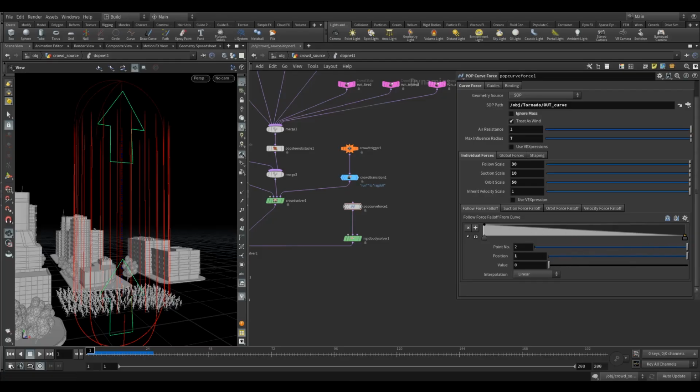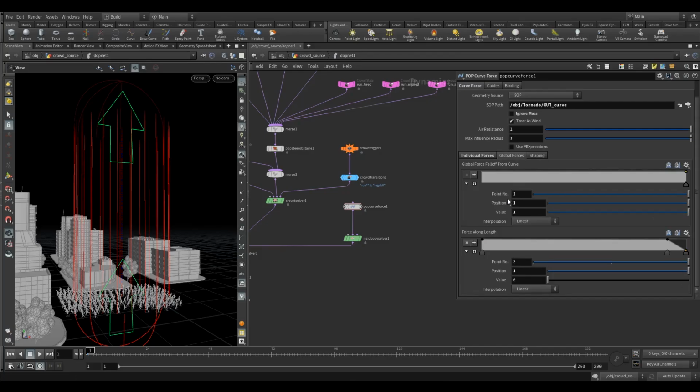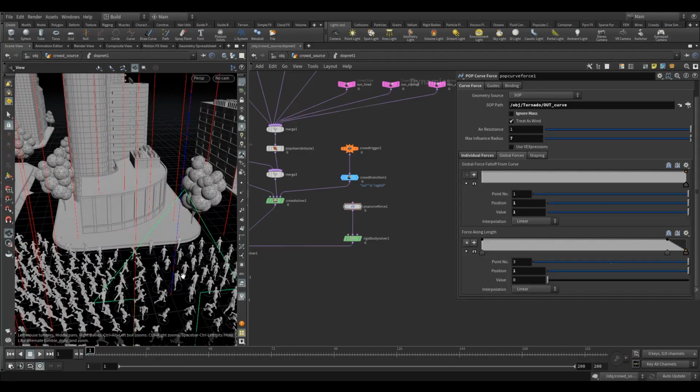At the bottom here, we got some curves that we can use to control them as well. But for most of these, I'm just going to set them all to like a constant value, because I'm going to control it with the vex expression here. Okay, so just that there's no crossover between them. Okay, and global forces, you've got a global fall off along the curve, from the curve, sorry. So you know, the further you are away from the curve, the less the force for all of them together. We'll leave that as it is, like that, on